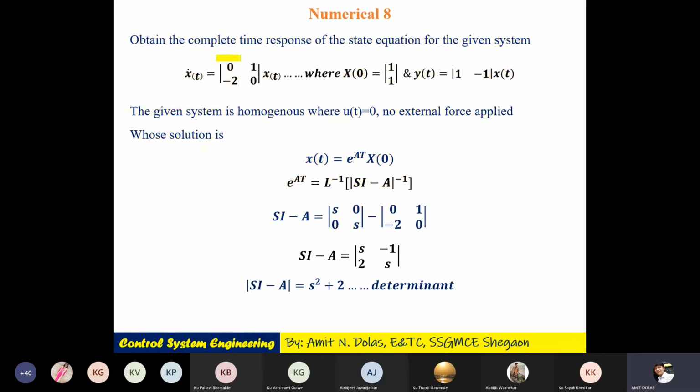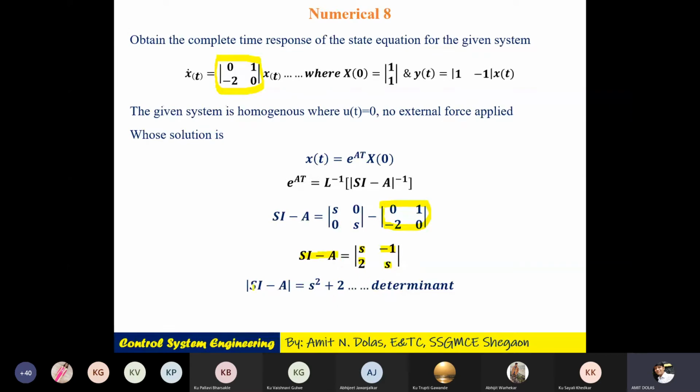Where is A matrix? This is A matrix. So subtract A from SI. So do the subtraction. It will be simply what happened? It is S minus 0, that is S. 0 minus 1, it will be minus 1. 0 minus 2, minus of minus 2, it will be plus. S minus 0, it will be S. So you get S